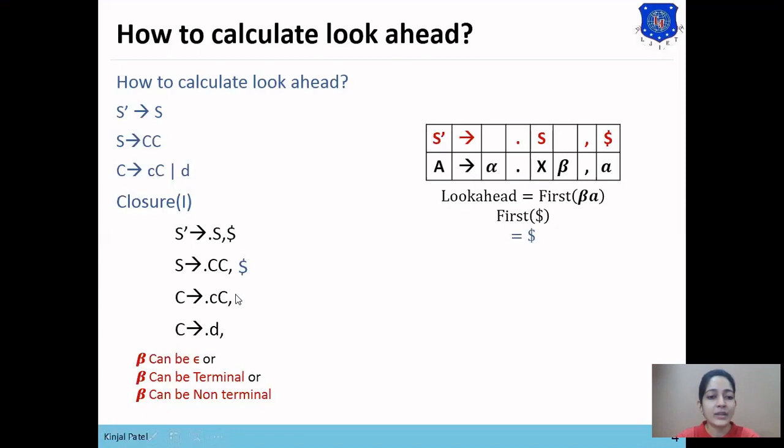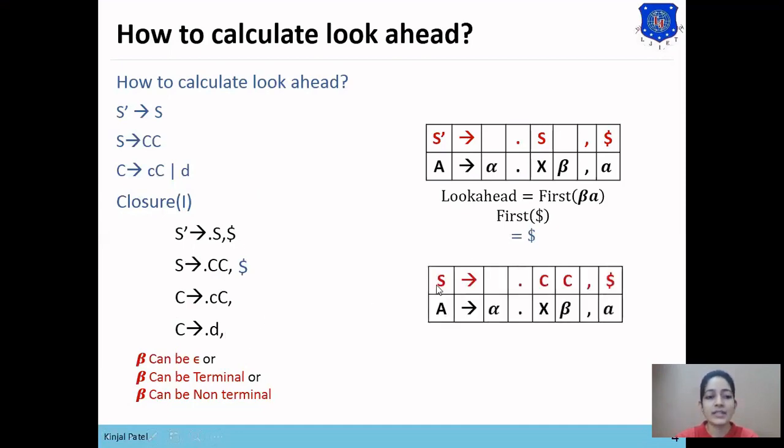Now we need to find the look ahead symbol for these productions. The look ahead of these two productions will be the same because these two productions have been added because of this C. So we'll apply the look ahead rule on the statement S derives dot CC comma dollar, comparing it with the rule A derives alpha dot X beta comma a.